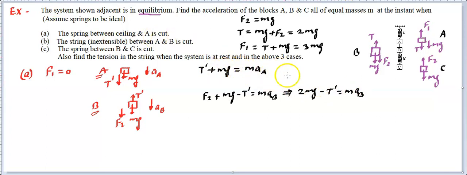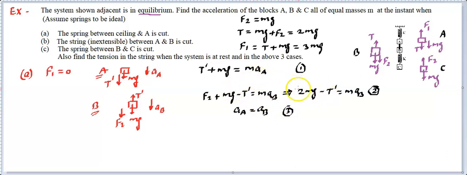Okay, moreover, if they are moving, since this is a string, they will have a constant relation. That means AA and AB have to be equal. So we can use AA equal to AB to solve these two equations together. From there we can find T dash as well as AA and AB. The third equation is AA is equal to AB. This is from the constraint. So let's solve it quickly.